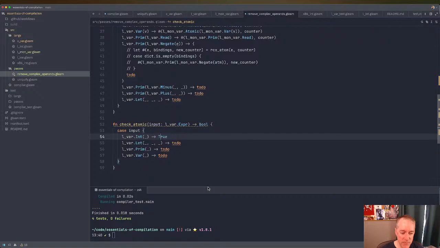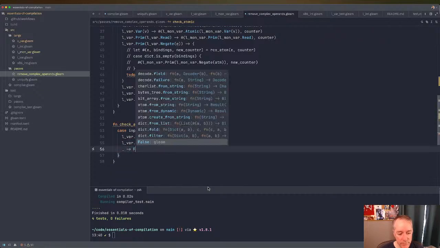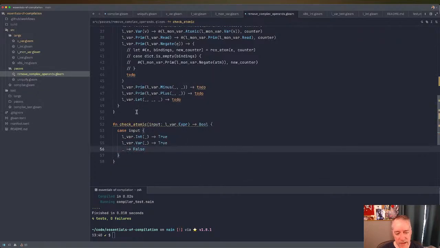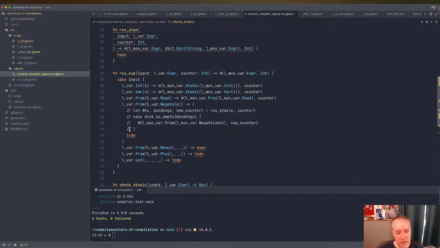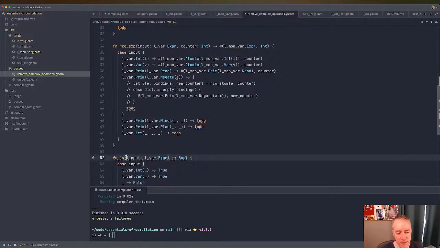I forgot it's caps true. And then we can do the catch-all pattern. I don't really like this, but we'll figure it out. So when I rename this to is atomic,